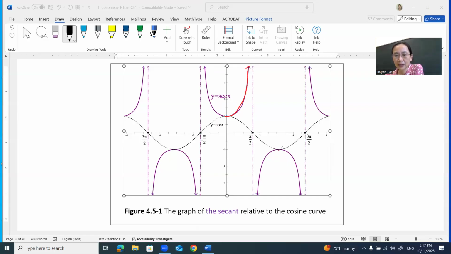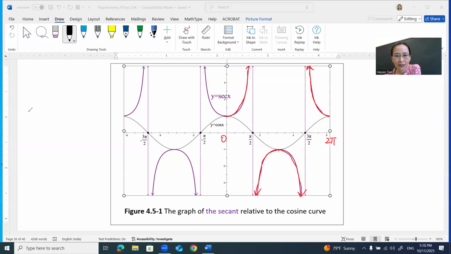We have a number of vertical asymptotes whenever cosine is 0. When the cosine is positive, the reciprocal of cosine, which is the secant function, is positive. So from the 0 to 2 pi interval, we have 1 period of the